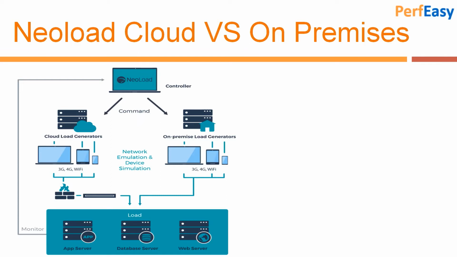Now, what is the difference between cloud load generators and on-premise load generators? From the application perspective, there is no difference. The only difference is that the load generator machines that generate these loads are either cloud machines, or hardware machines present inside our premises, on our office network, or in our own data center. Those are on-premise. If the machines that we use to generate the load are cloud machines like AWS, Rackspace, Google Cloud, or Azure, then they are called cloud load generators.